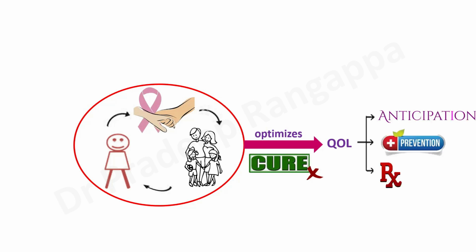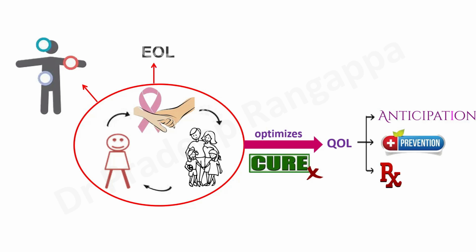This optimization happens with anticipation, taking some preventative measures and some therapeutic modalities to address the symptomatology of a patient. So the whole dimension of palliative care focuses on symptom alleviation or symptom relief, or any specific reversible aspects within that non-curable condition that the patient may have, which will be addressed, which we call symptom resolution.